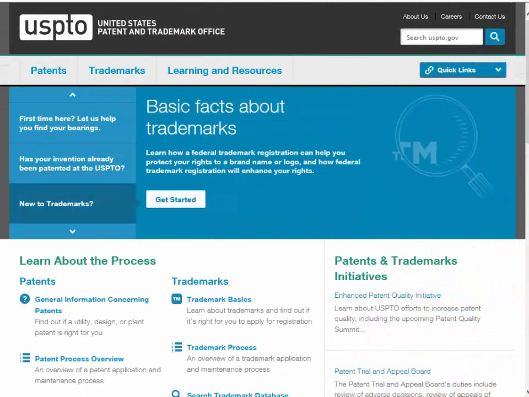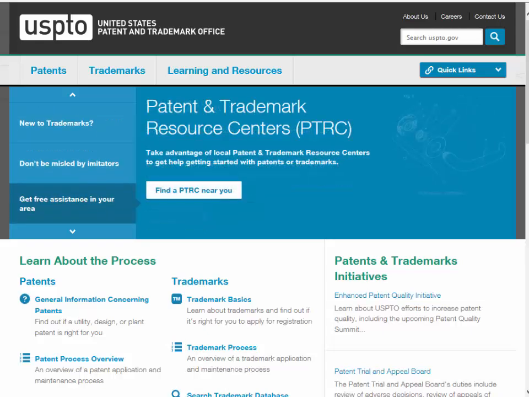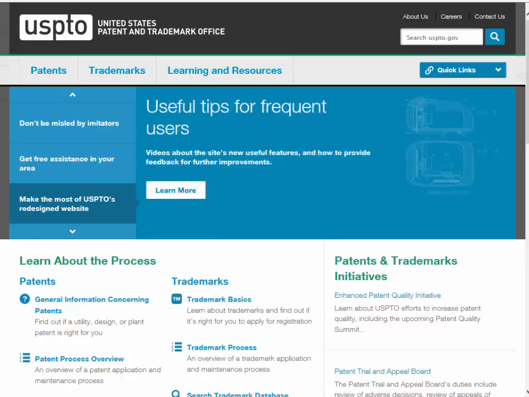In this video, we're going to look at another type of searching, this time using the PAT-FT and the App-FT databases. You have to go to the USPTO's website to do this, and as you know, the website is subject to change, so it may not look exactly like this when you use this now and in the future, so you're going to have to be a little clever about finding it.